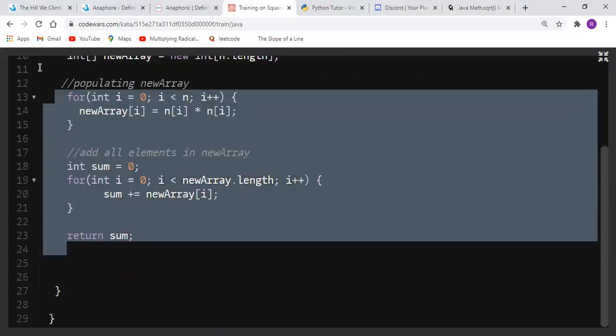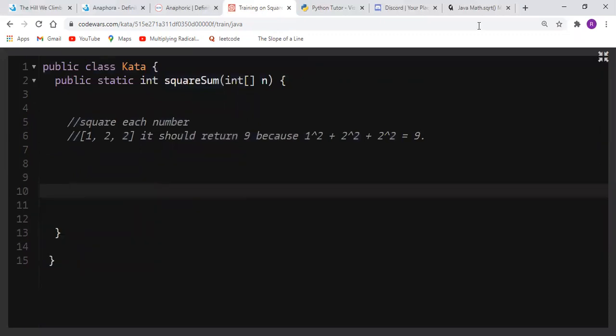You know, I'm not too sure. I'm probably overcomplicating this way more than it needs to be, but